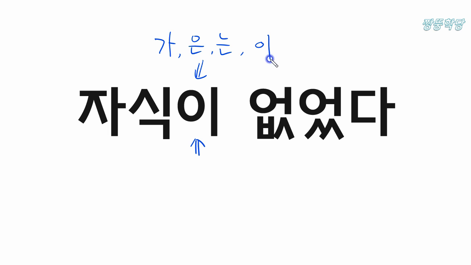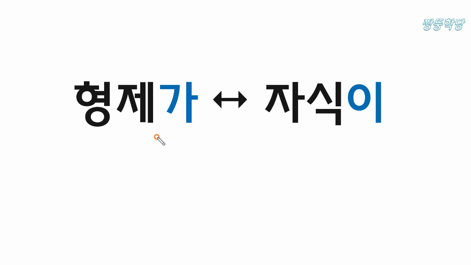So we have four kinds of indicator for subject in Korean language. 이 takes exactly the same role with 가. 가 is a general form of indicator for subject. Then you may wonder, what is the difference between 가 and 이? They take exactly the same role. The only difference is